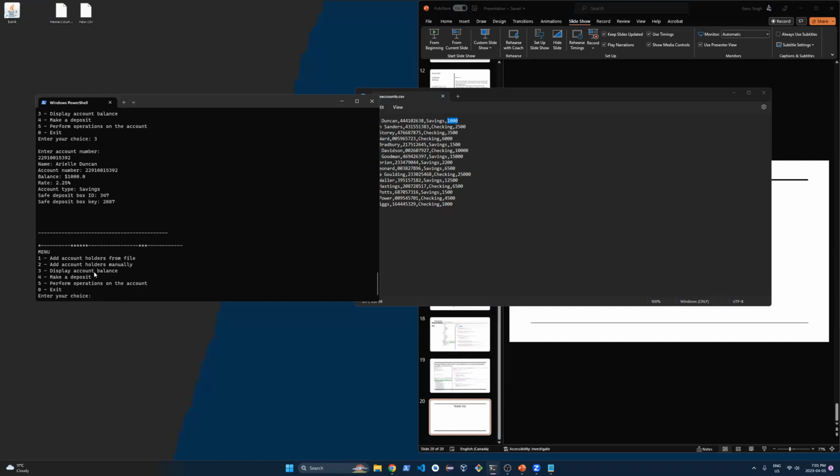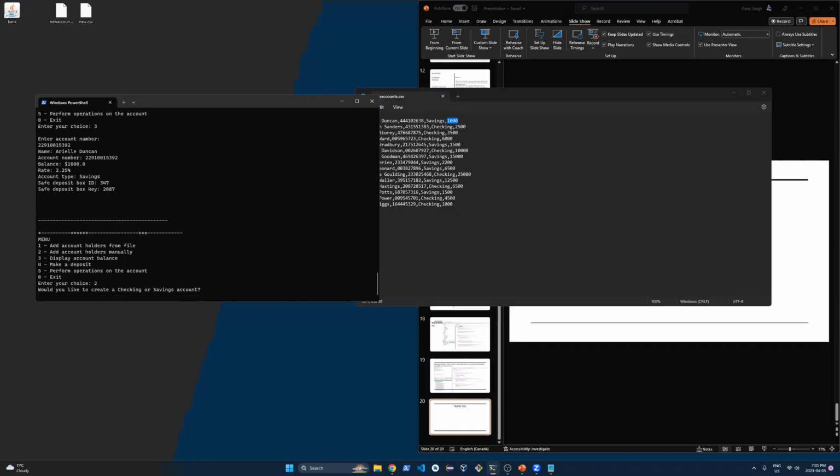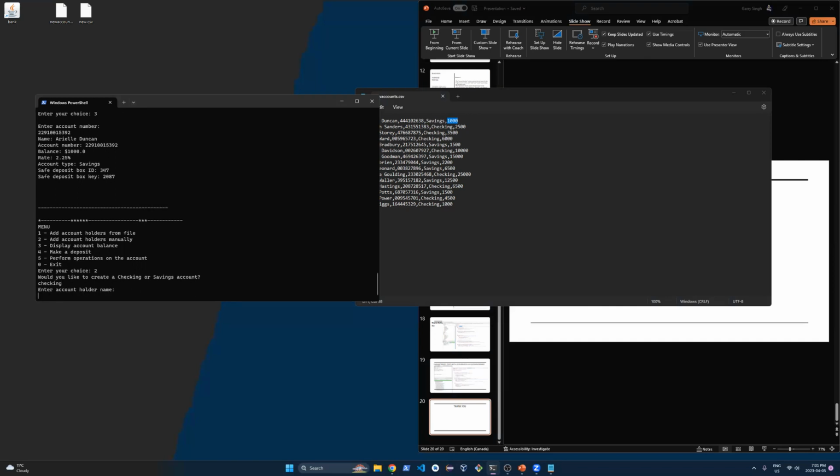Let's say if they want to add the users manually rather than doing it through a file, again, just press 2. It's going to ask what type of account it will be. Let's say if I put checking, it's going to ask me for the name. So I put Gary,